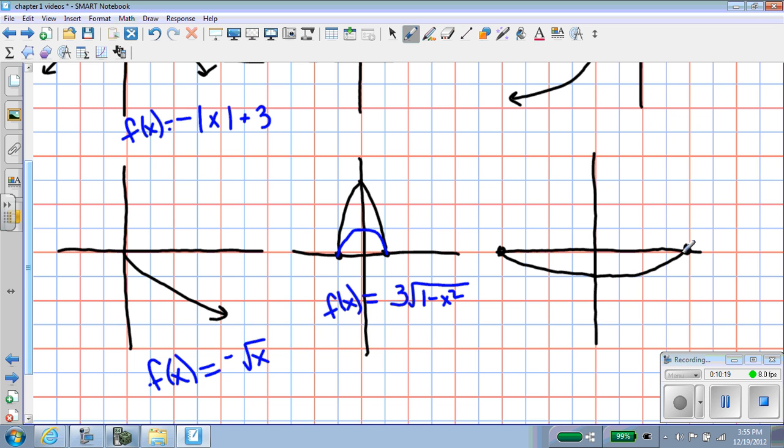This is also our square root of 1 minus x squared. So it is reflected and it is horizontally stretched. It's not vertically stretched at all, but it's horizontally stretched. How much stretched? 1, 2, 3, 4, right? What was normally at 1 is now 4 times away. And the interesting thing about a horizontal stretch is if you want it to be 4 times as wide, you use 1/4 with your function. So it's also negative square root of,